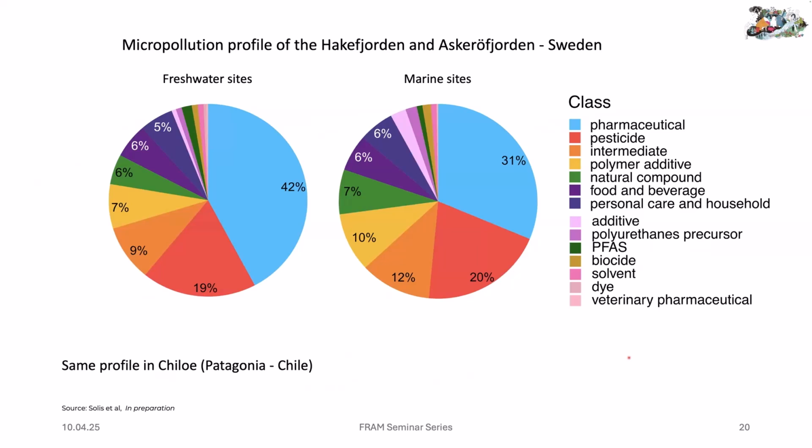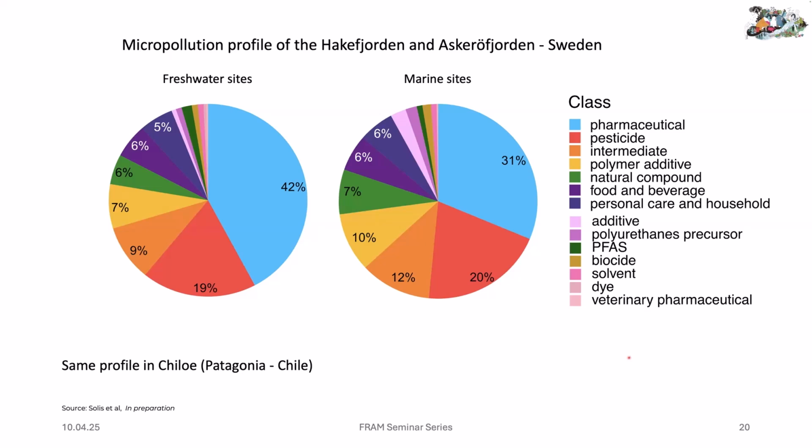Like I mentioned earlier, we also took samples in rivers and in the marine environment, in Sweden and in Chile, in the northern part of Patagonia, and we also observe a very similar chemical profiling. So again, pharmaceuticals and pesticides are quite a dominant group of chemicals in the coastal marine environment, which is quite interesting